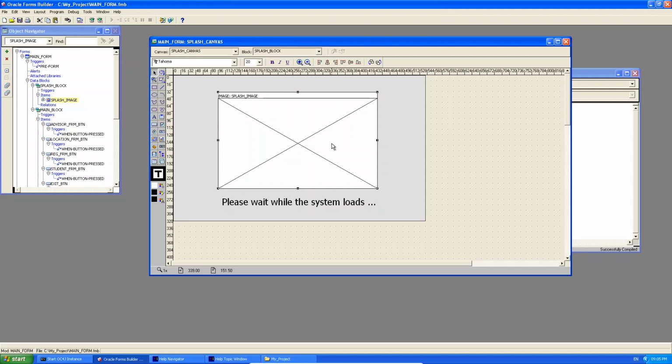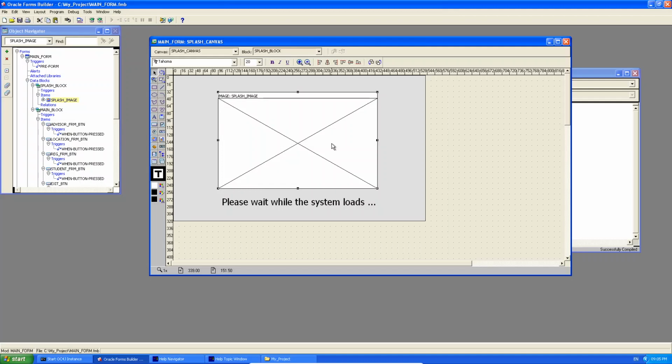Now, I would show you that, but you know what it's like when I run a form. For some reason, it's taking very long. So you will see it the next time I run it. So now we've done this. It's reading the image correctly from the hard drive. It's loading it onto my form. So now,